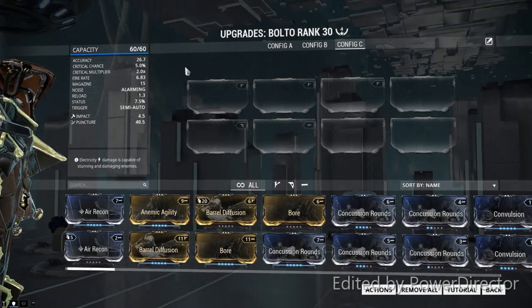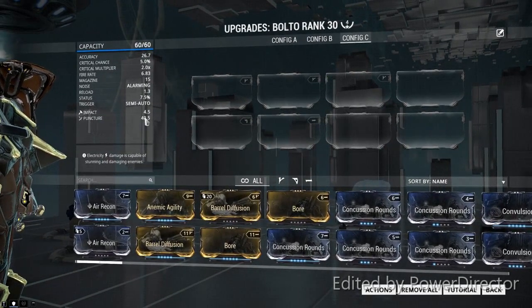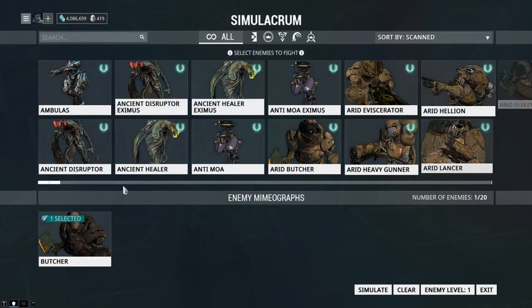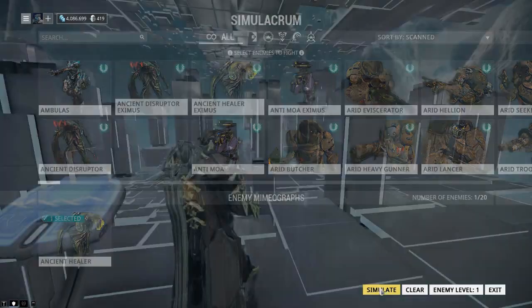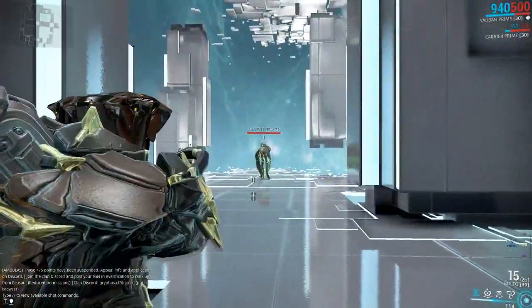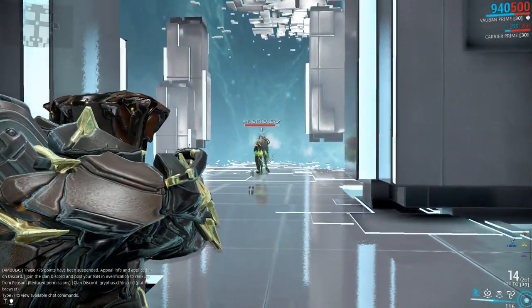Hey guys, I was doing a little testing on the scaling of enemy armor, and I always knew that low armored enemies like Butchers always allowed puncture weapons to do bonus damage. In my tests I used a Bolto, and against a Healer for comparison it takes full damage from both damage